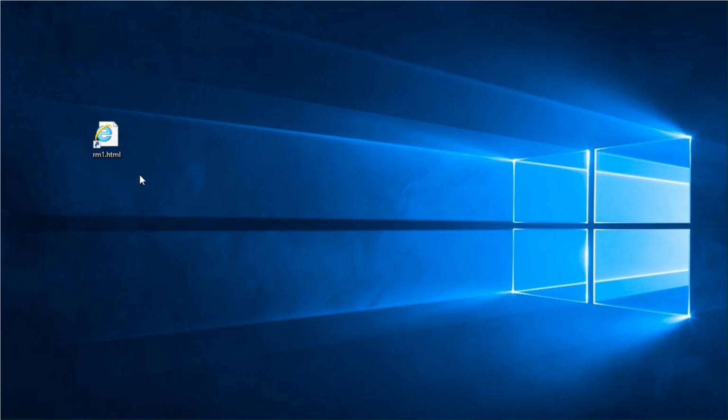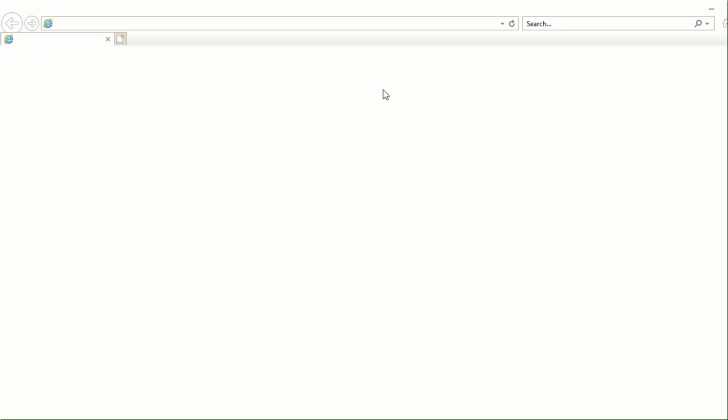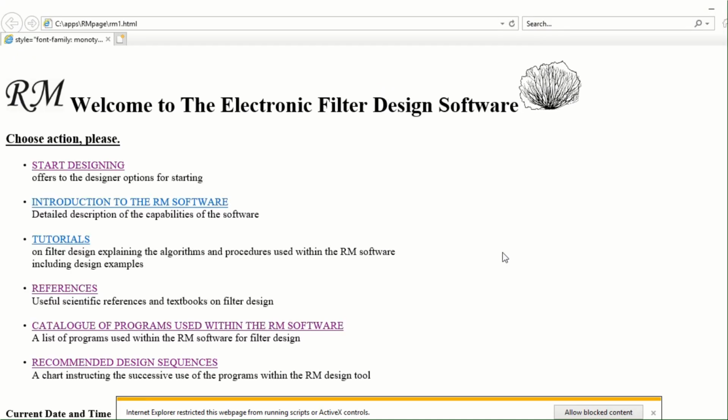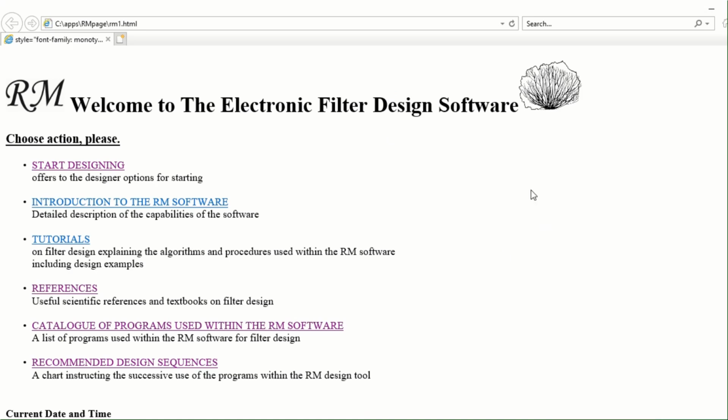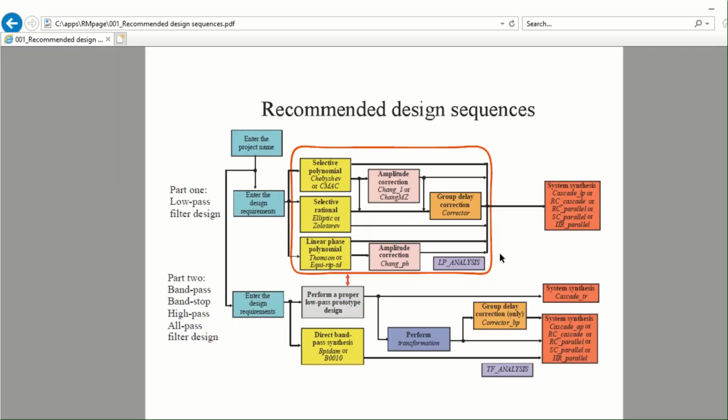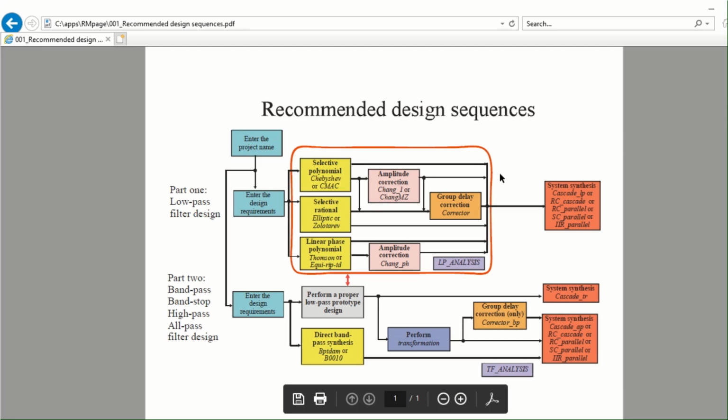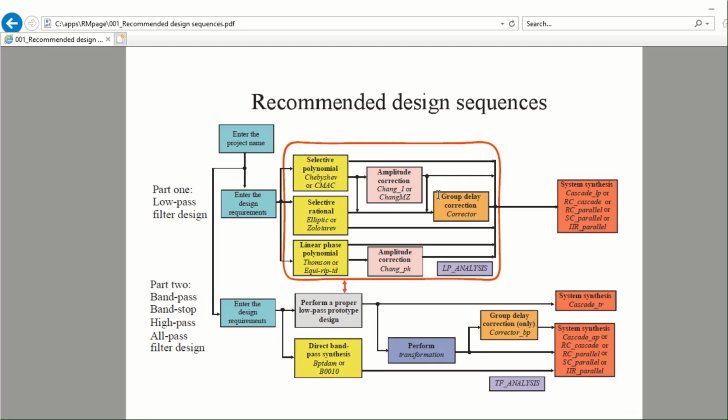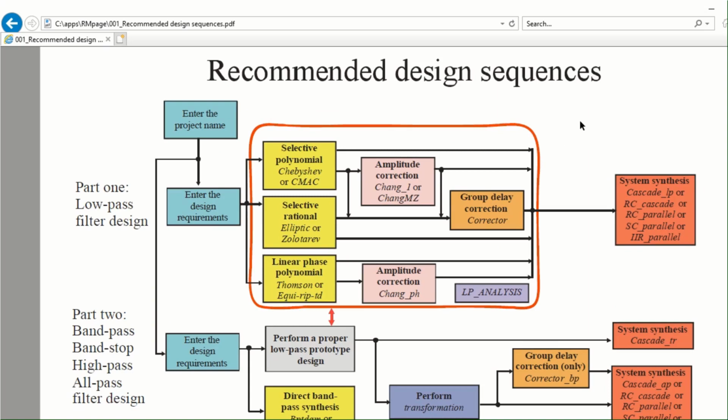We start by activating the main program, RM1, allow blocked content, and look to the recommended design sequence to make our plan. First, we will enter the project name, then the design requirements. Then we will produce a